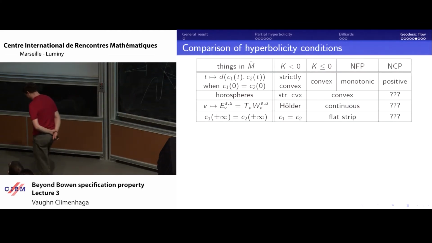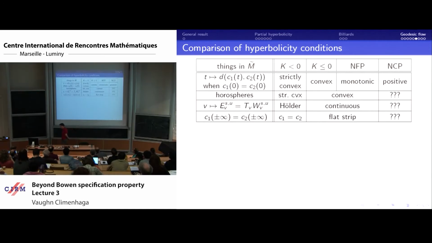So, to say a little more about these different settings, we should look at some of the properties they have. There are various things that you might wish to look at in the universal cover. You may wish to look at 2 geodesics which begin at the same point and move in different directions, and see whether they diverge and how quickly they diverge. If you're in negative curvature, they diverge very well. The distance between them is strictly